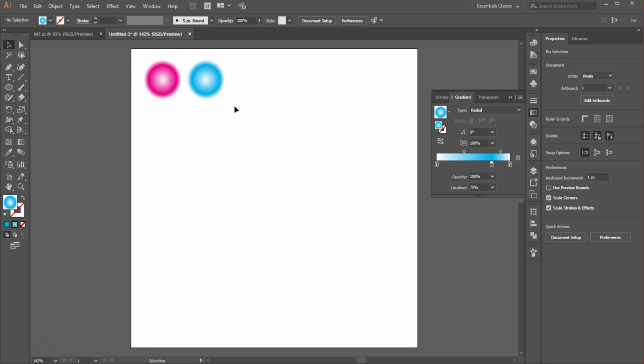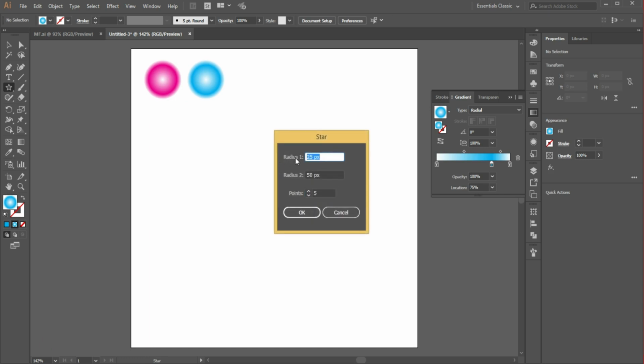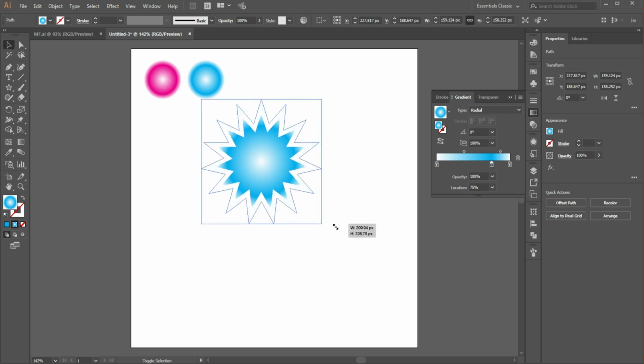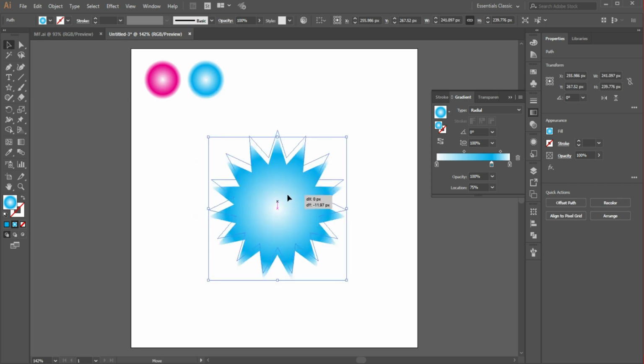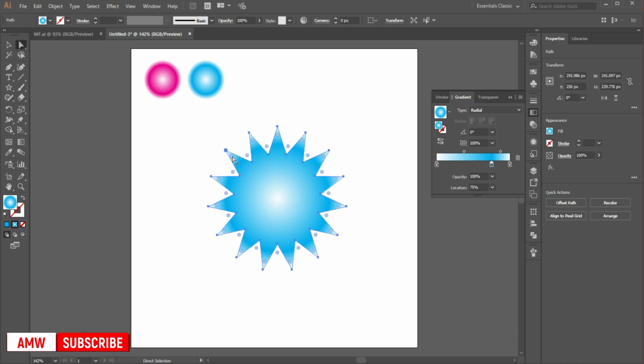the gradient color palette. Then choose the star tool, then radius 80 pixel, radius 250 pixel, then points 15, then hit OK, then resize the star, then choose the direct selection tool and round the corners,